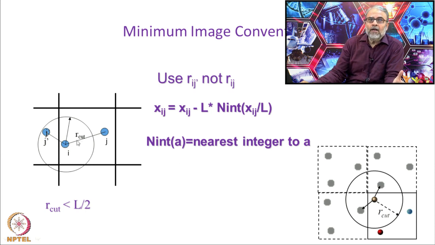And the great advantage is that the boundary effects are taken care of. Suppose I did not have periodic boundary conditions. This particle will interact only with these particles and will behave as if it is at the edge of the box. Whereas, if I have periodic boundary conditions, there is no edge anymore. Each particle is surrounded by a similar box around itself. So, the edge effects are gone. It is a very standard practice to do molecular dynamics with periodic boundary conditions and minimum image convention.